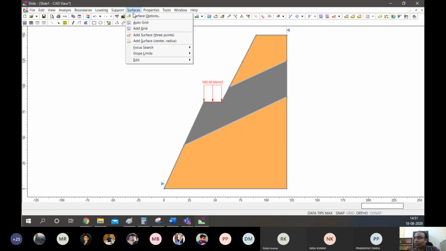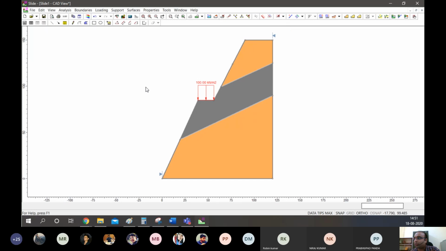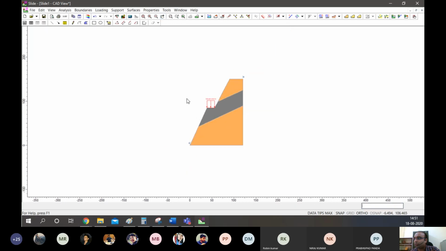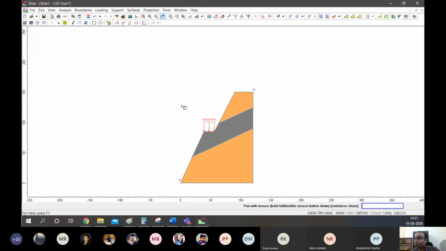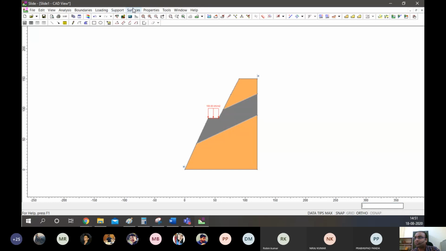We can create a grid. If we want to create a grid, we can add a grid. I want a grid placed here that may have 50 by 50 points, so 2500 points as centers, and that will be my analysis. Because it's such a steep slope, I want more points.